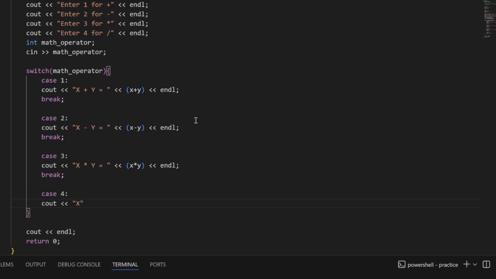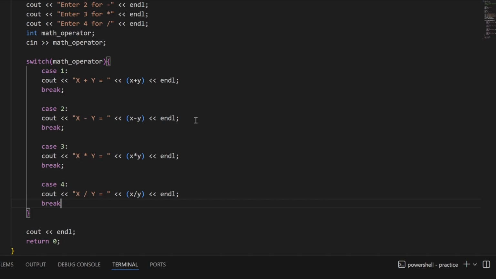Cout x divided by y equals x divided by y, endl and break. Now before we move on to our default case, let's notice something about this division, because these are whole integers and it's only going to output a whole number because everything is an int. So let's make it to where we can actually divide and maybe get a decimal. Static cast, float,